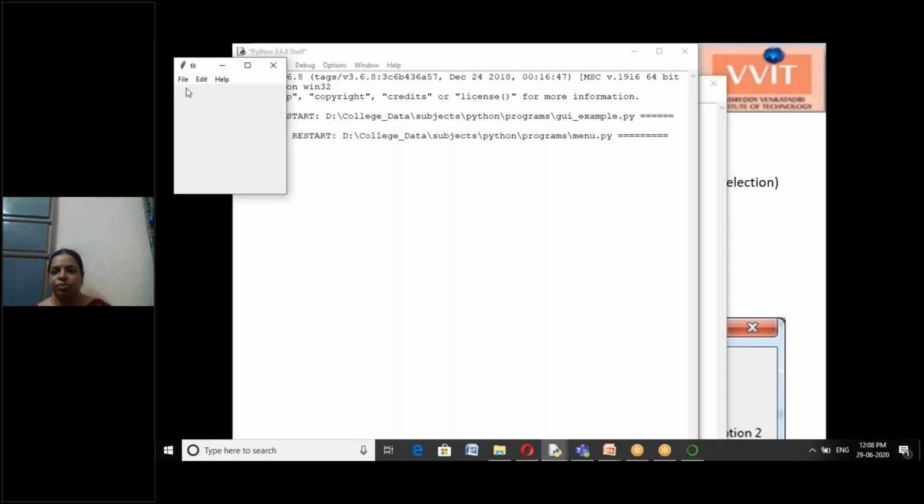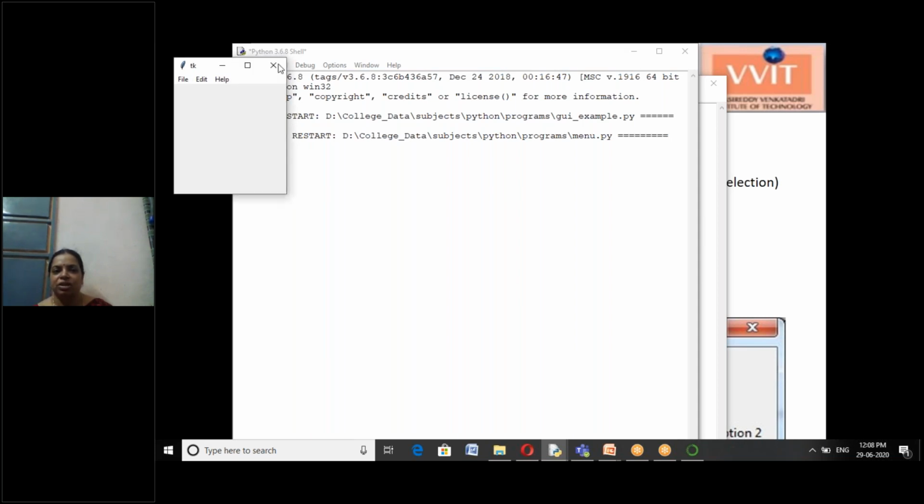So this is the output. Here we have three menus: file, edit, and help. Whenever you click on File, you'll get the options new, open, save, save as, close, exit. Edit also has these options. Help has two options. If you click on any of the options, it shows another small window which has a do nothing button. It doesn't do anything. Close the window, and again you'll get the previous window. You click on any of the options, it shows this window. Just for the action of the menu options, we created this small window.